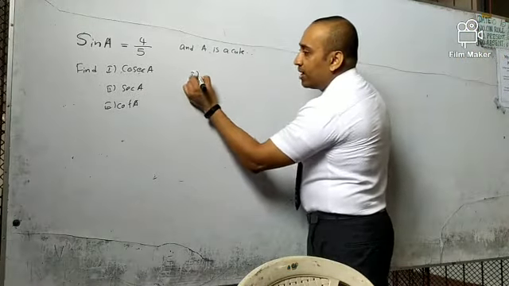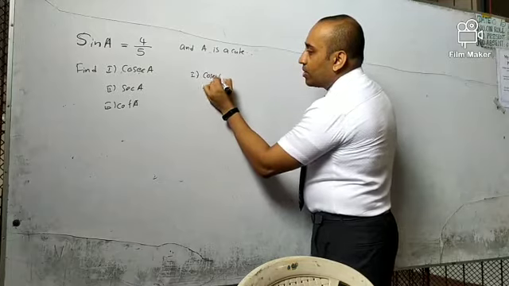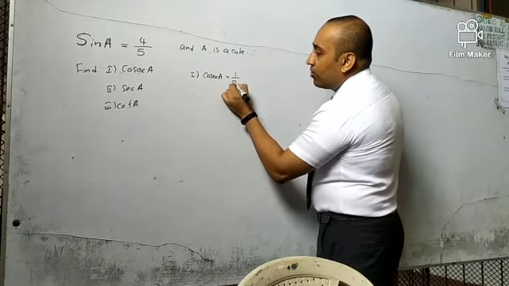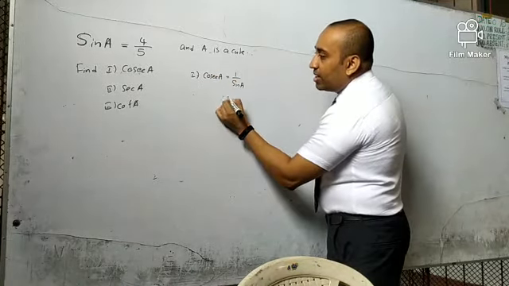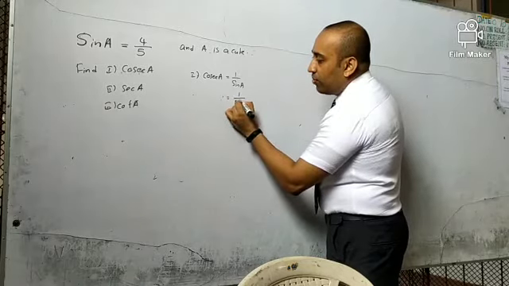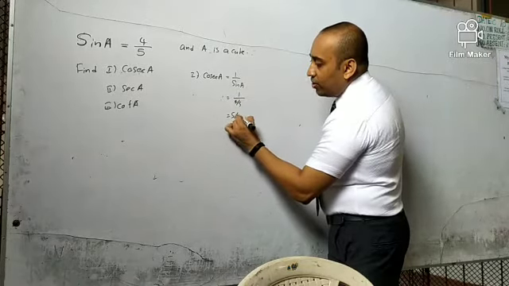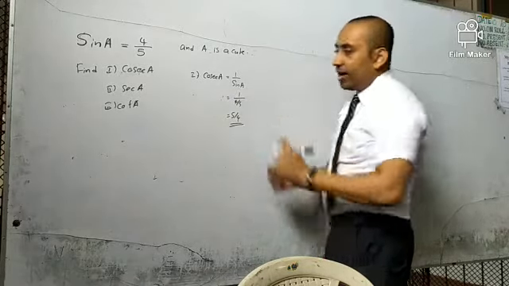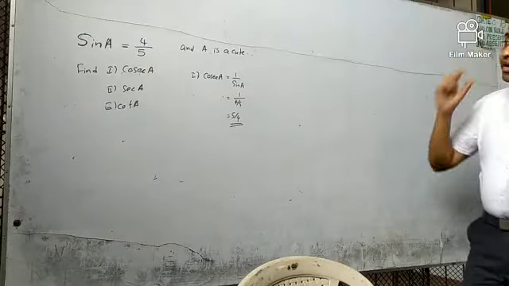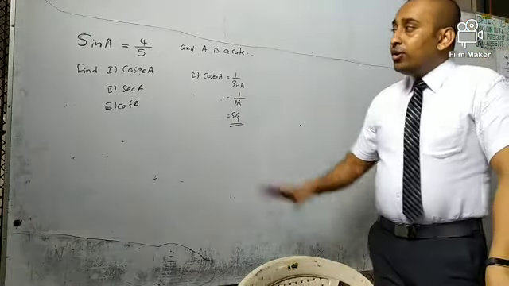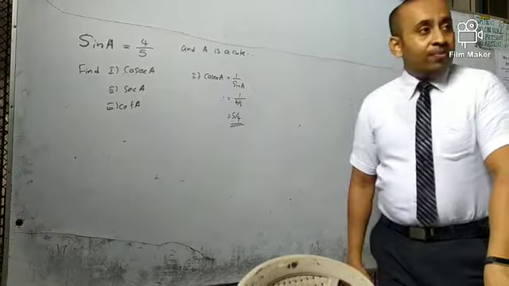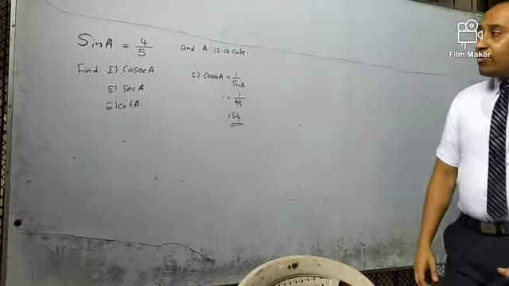The first one you can say cosec A is equal to 1/sin A. We know that the sin A answer is 4/5, so that is 5/4. The second part is to find sec A and cot A. What is the alternative way you can do it?